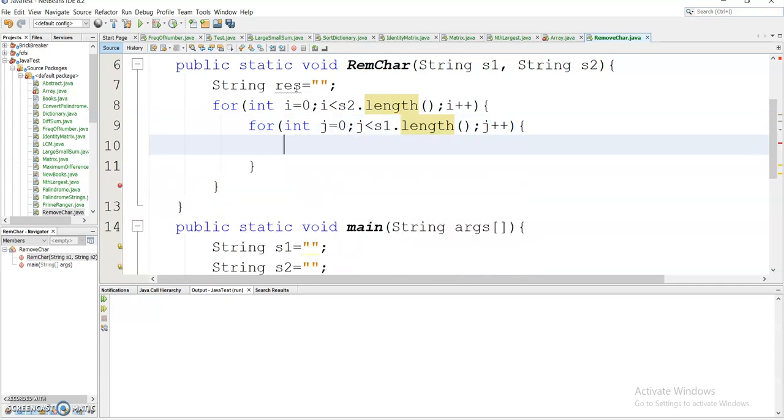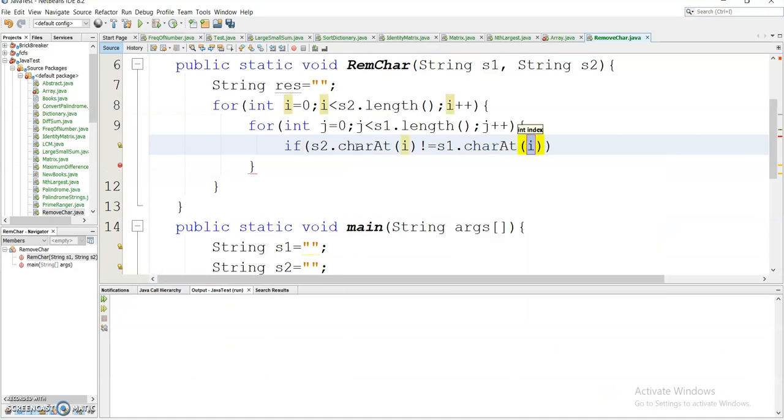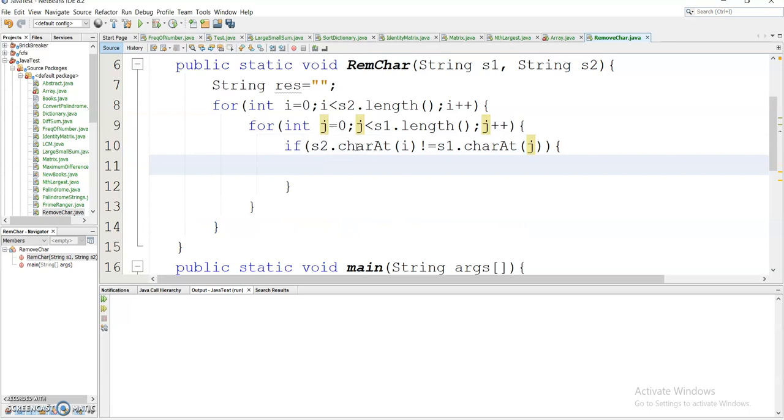So now what I need to write here is I need to compare the characters in the string s2 with the characters in the string s1. So if s2.charAt(i) is not equal to s1.charAt(j), then I will take a flag variable first.